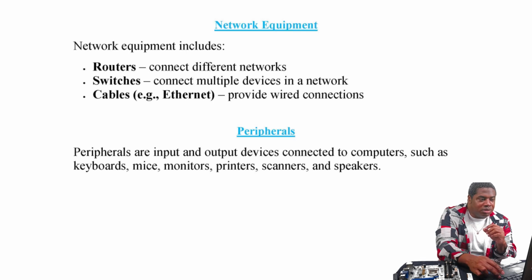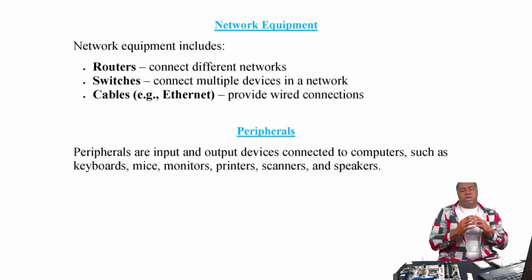Network equipment. This includes routers, switches, and cables. Routers connect different networks. Switches connect multiple devices to a network. In a network, Ethernet cables provide wired connections. Ethernet cables provide the most stable connection, and Wi-Fi provides the most